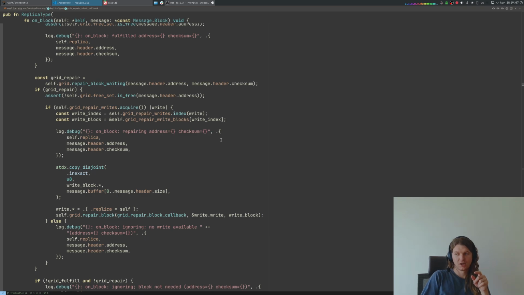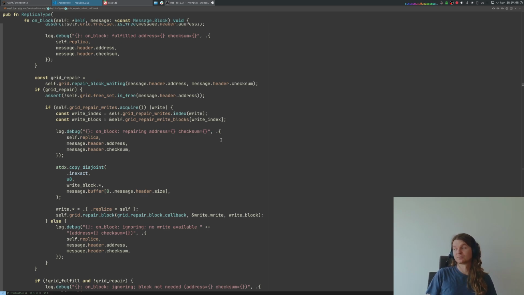That queue is periodically fetched by the replica. So the replica goes through that queue of reads which need remote help, looks at the blocks from that queue,